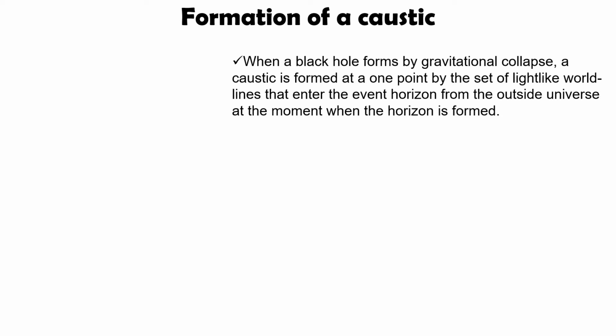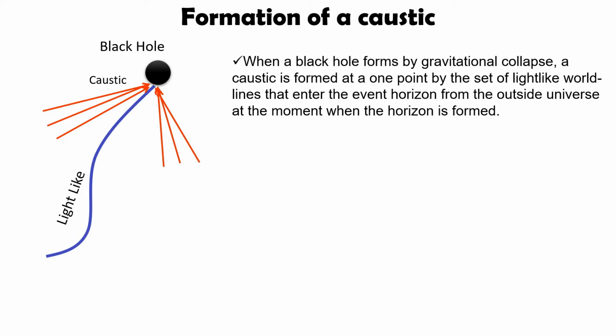Obviously, it's a black hole which is formed by light-like world lines that enter the event horizon from the outside universe at the moment when the horizon is formed. Now pay attention to the left hand side of your screen. This is a light-like line, right? It is moving up, and this is the black hole which is formed. Step 2. Now what I am doing, these are the lines which are forming the caustic,